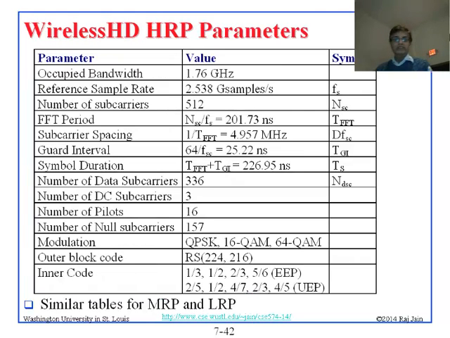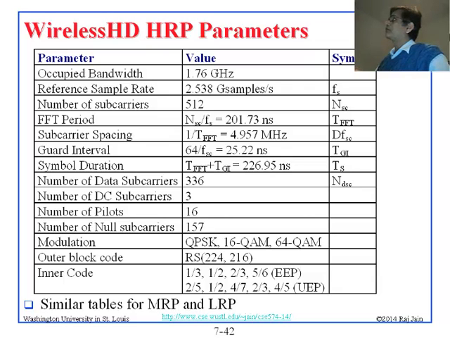Now, I put a little bit more detail here because I wanted to introduce you to what we go through when you are working in the wireless. I would have skipped this kind of detail before, but I just wanted to explain to you because this is sort of something important. This is what we call wireless HD HRP parameters. Now there are similarly MRP parameters, similarly LRP parameters, and generally when you have parameters, this is for OFDM. So I wanted to show you how the OFDM systems are designed because I have gone through similar tables for WiMAX and for other places. Okay,